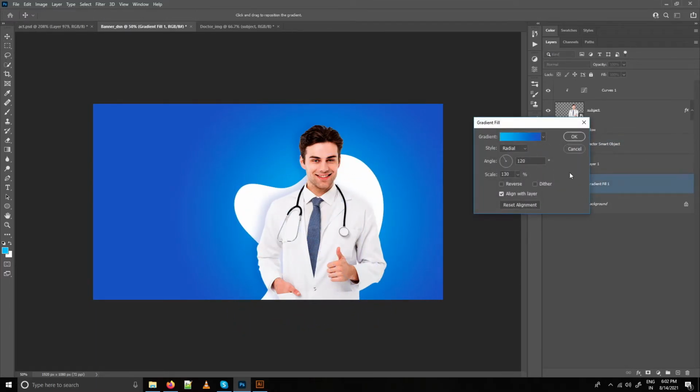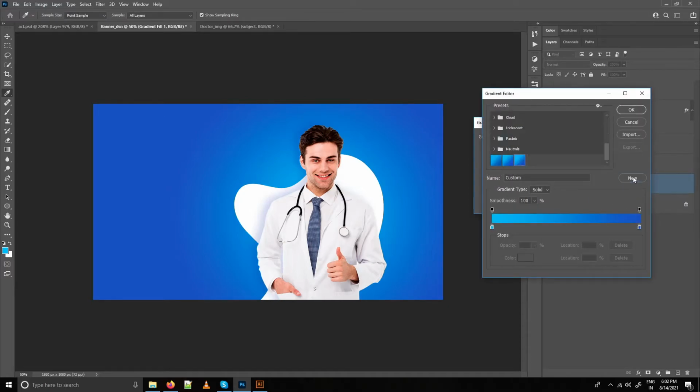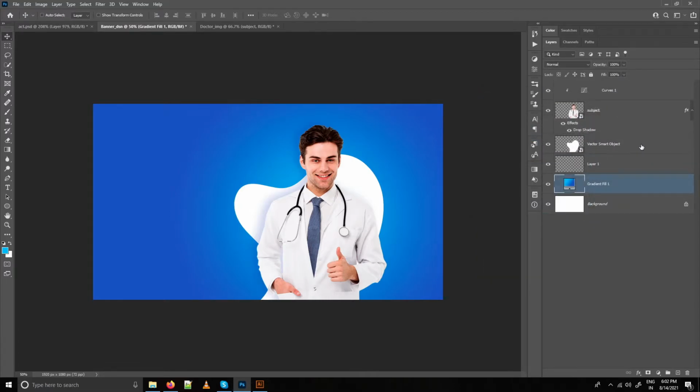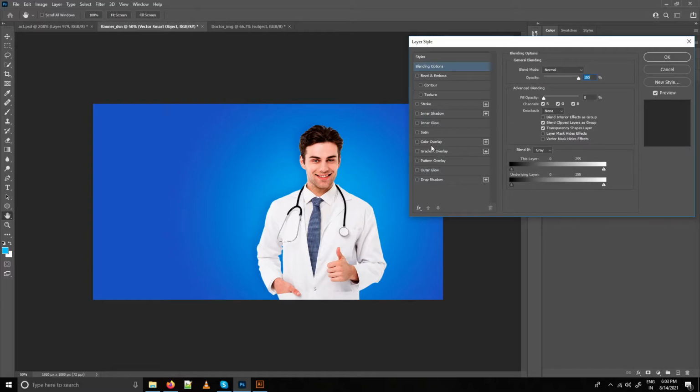Select the gradient layer again. Click on new to create the copy of this gradient. Now select the first abstract shape. Reduce the fill opacity to 0. Not the opacity, just fill opacity. Double click on the shape layer and apply gradient.